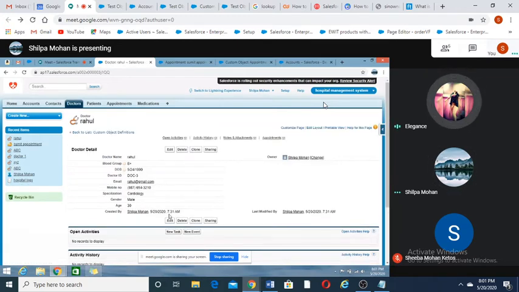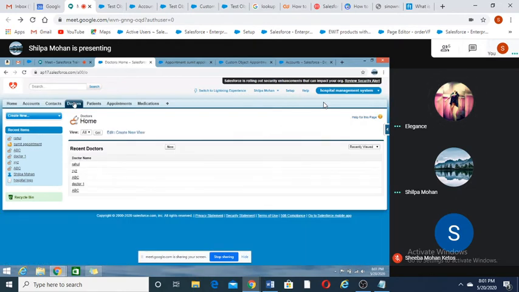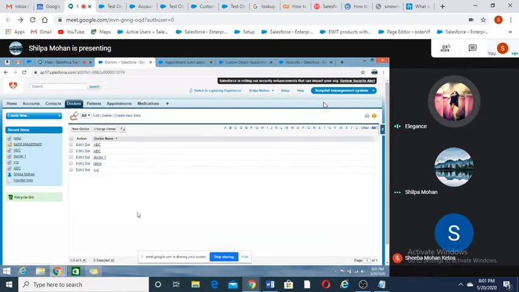Okay. So now click on the doctor object. Click on go. You always have to click on go to see how many records are there in total. So Suman, see here we have ABC, Doctor One, Rahul, and XYZ. These are the test records.